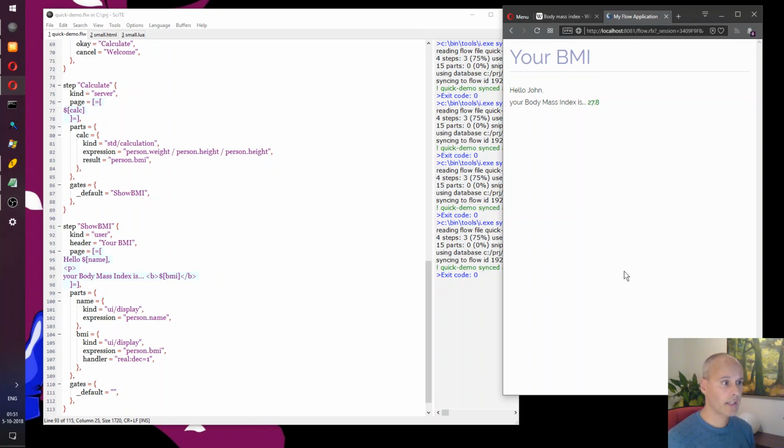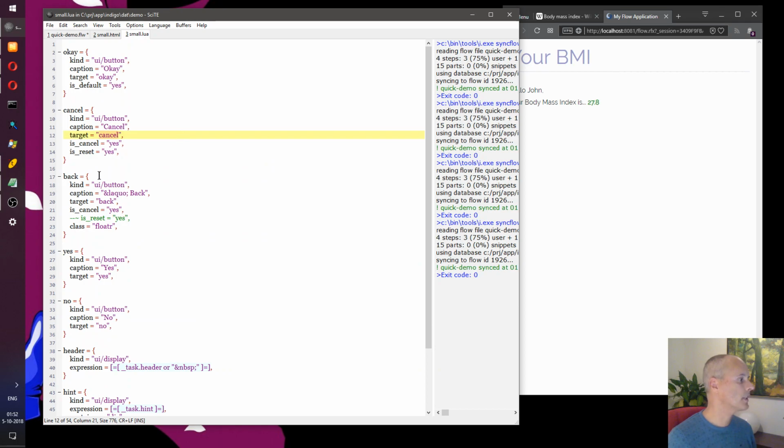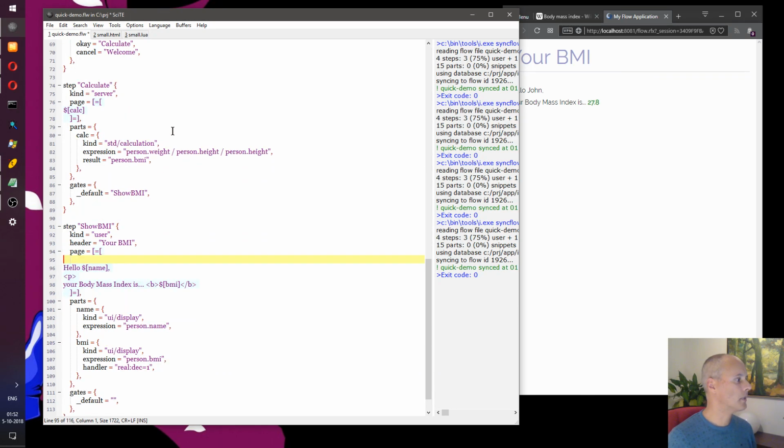A simple calculator. Obviously, because I didn't provide any navigational elements, there is no way to go back. So let's add that. One of the parts that I pulled in is actually a back button. So let's put it on top.